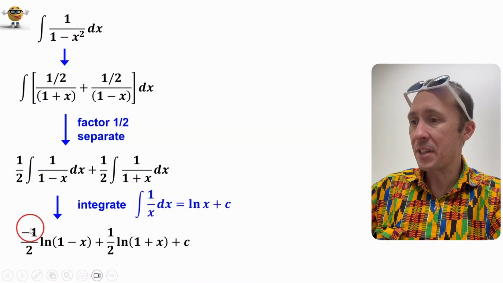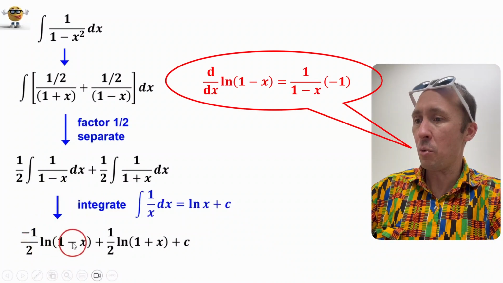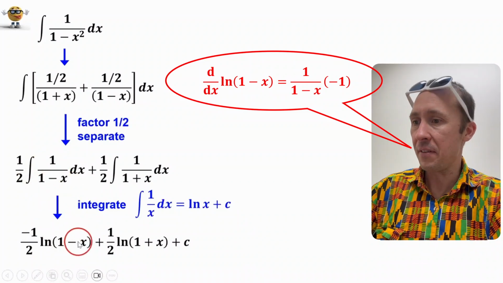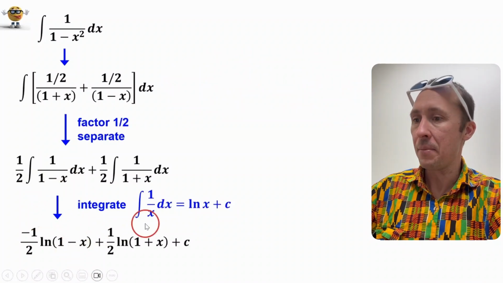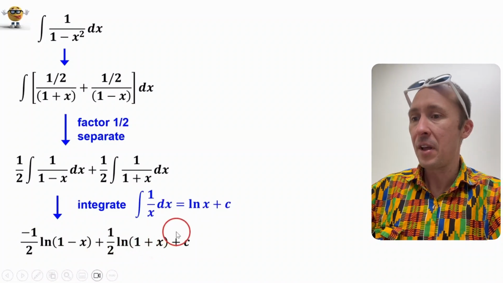And this negative sign is here because of the chain rule. If we take the derivative of ln of 1 minus x, we get 1 over 1 minus x times the derivative of this inside function, which is negative 1. So that's where that negative comes from. And then same thing on the other side, we got ln of 1 plus x for the integral,